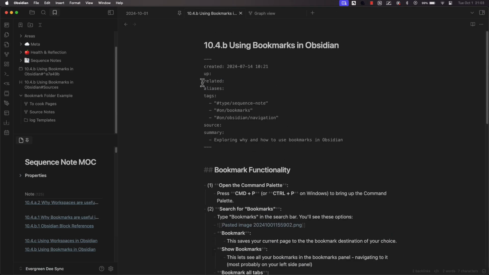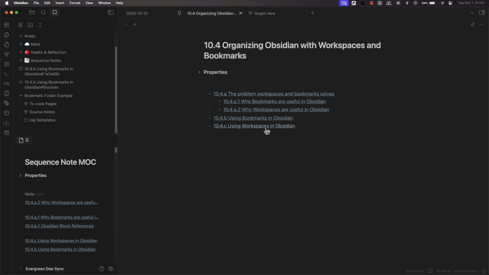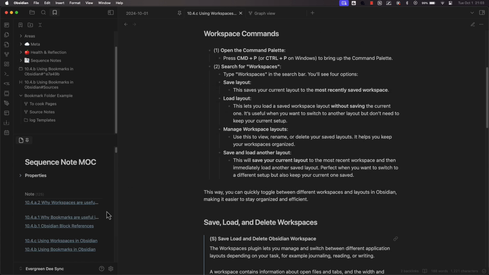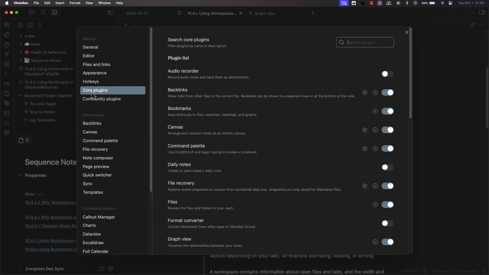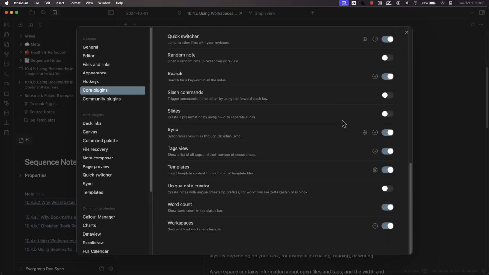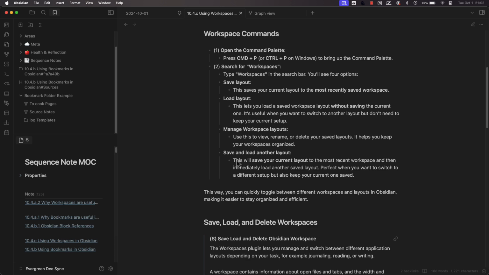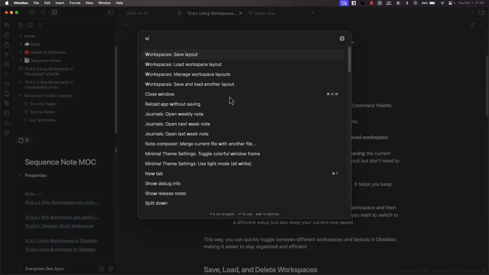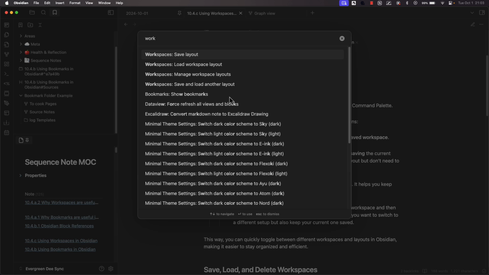That's it for bookmarks. For workspaces in Obsidian, this is something that you have to go access and activate. If you go to core plugins, scroll all the way to the bottom, workspaces should be here. Just make sure you activate it. And here we have commands that we can use. So if you type in Command P,